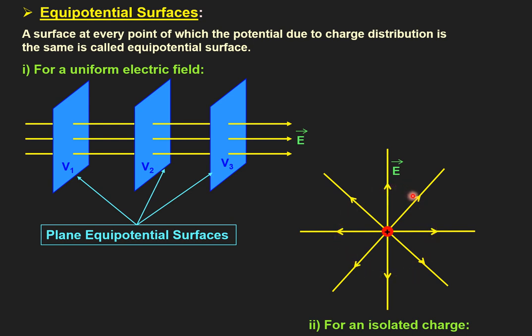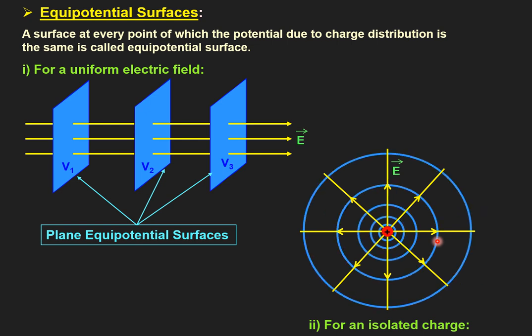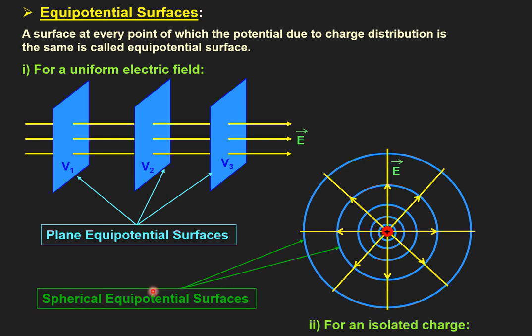you tell me, at all these points lying on these lines, whether the potential will be same or not. Yes, obviously it will be same, and hence this type of a circle, or in 3-dimensional a spherical surface, will be the equipotential surface due to such a point charge. How can we draw this? Like this. At any separation you take, you draw the equipotential surfaces. So for an isolated charge, equipotential surfaces are spherical.